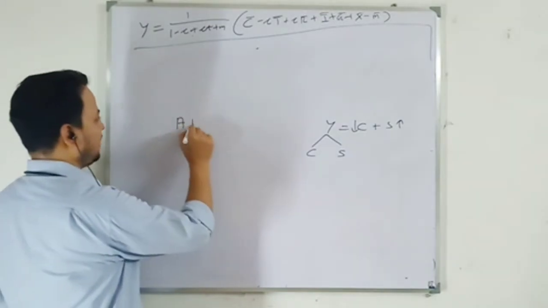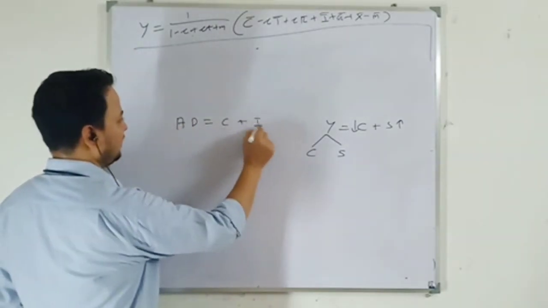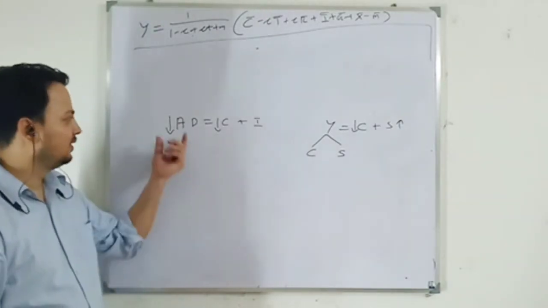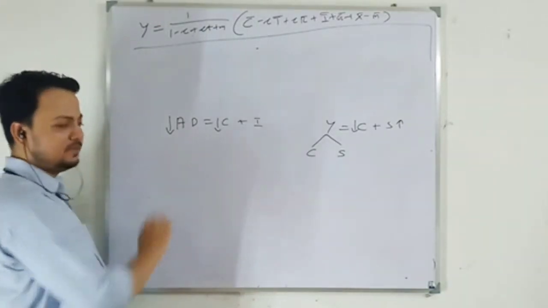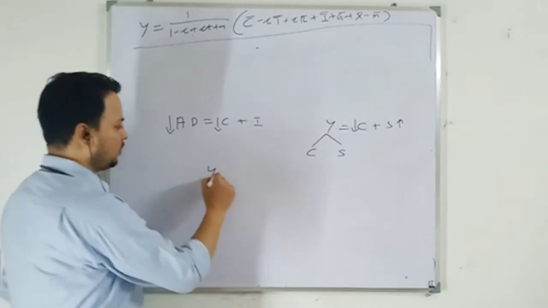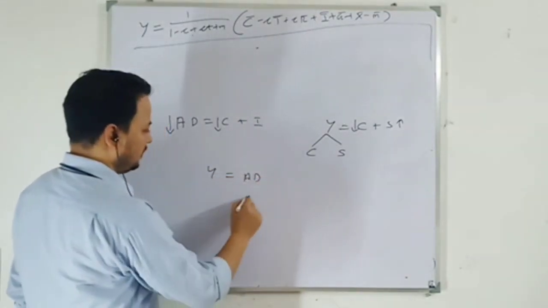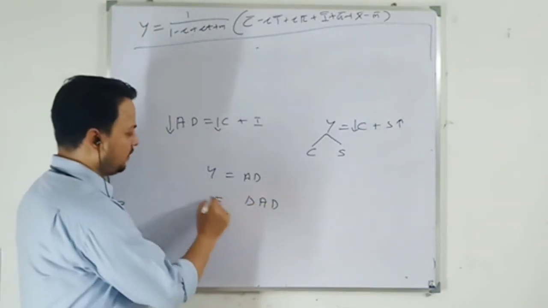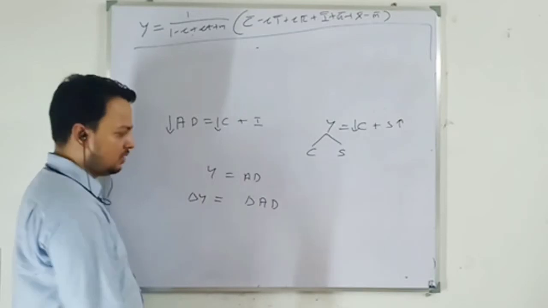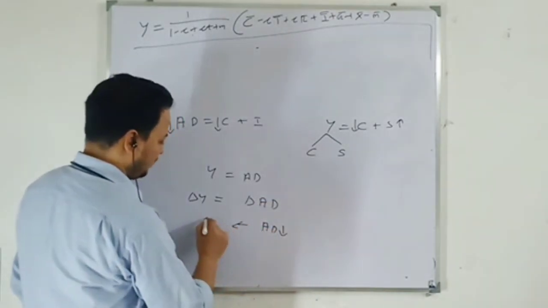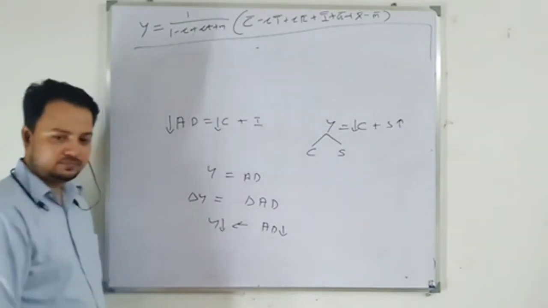And you know aggregate demand, C plus I. So when consumption declines, aggregate demand declines. Okay. So when aggregate demand declines, output is demand determined, right? In equilibrium Y equal to AD. So when there is change in aggregate demand, there will be change in income. So when aggregate demand is declining, it implies your income will also decline.